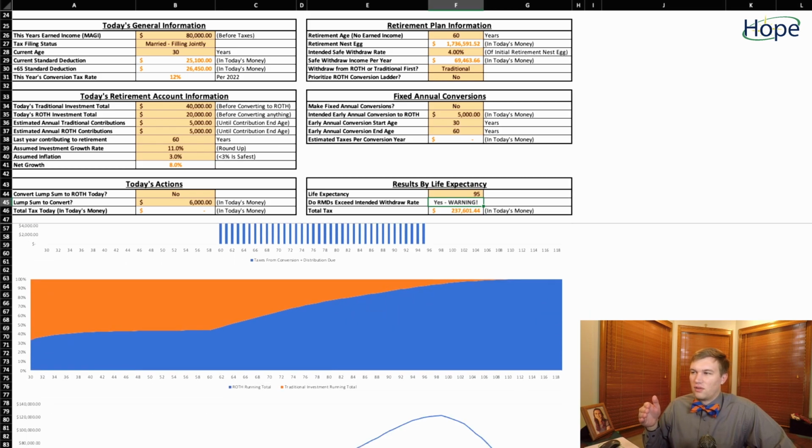The next graph down here, the one that is Broncos orange and blue, represents the balance of the nest egg. It always equals 100%. Orange is going to be traditional, blue is Roth. What we see is right now, they're primarily invested in traditional at age 30. And the Roth account is the minority of their nest egg. And as they invest and things grow, it evens out around a 40-60 split. Right at 60, when they start taking money out, you'll see that the amount of traditional shrinks and Roth takes over up to a point that's well beyond life expectancy.